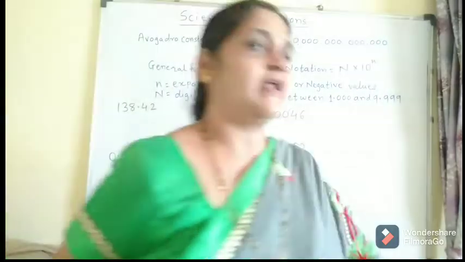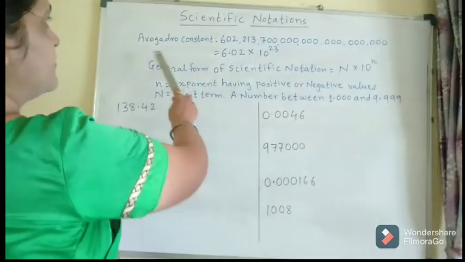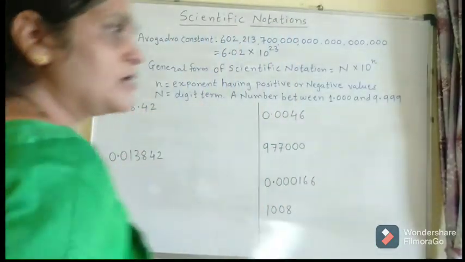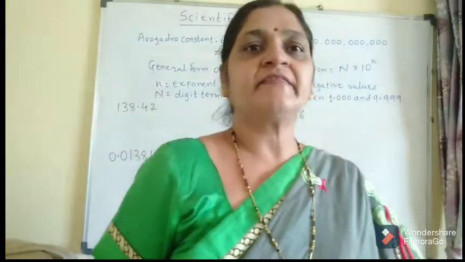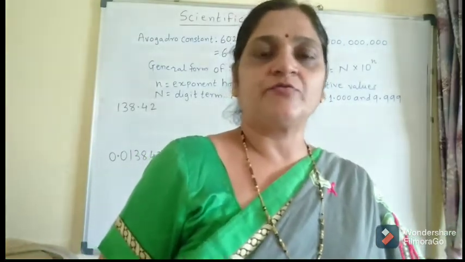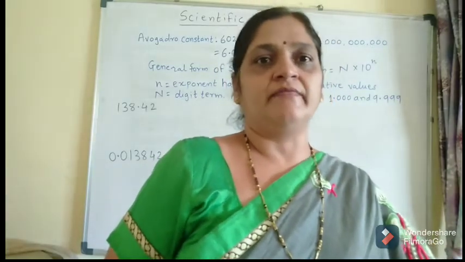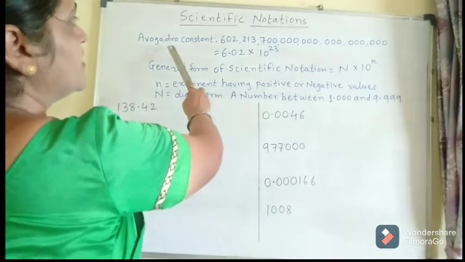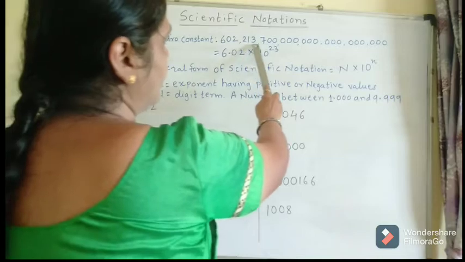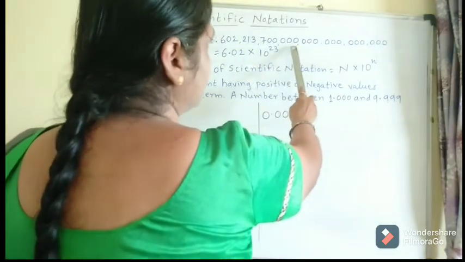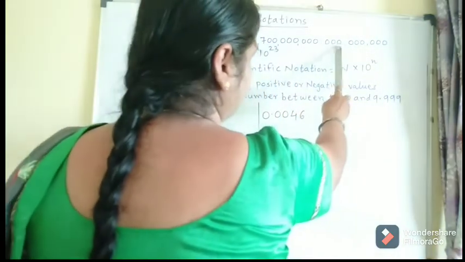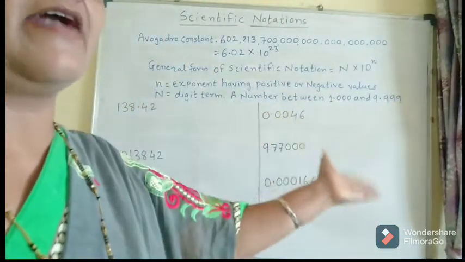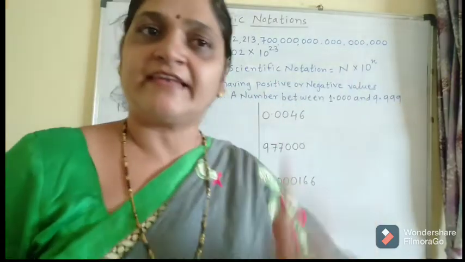For example, here I have taken the example of scientific notation for the Avogadro constant. You all know that 1 mole means 6.022 into 10 raised to 23 particles, which you have already learned. But if we do not write this number in scientific notation or exponential form, then you get 602213700 000 000 and so on. These many zeros we have to add to write this number in detail.